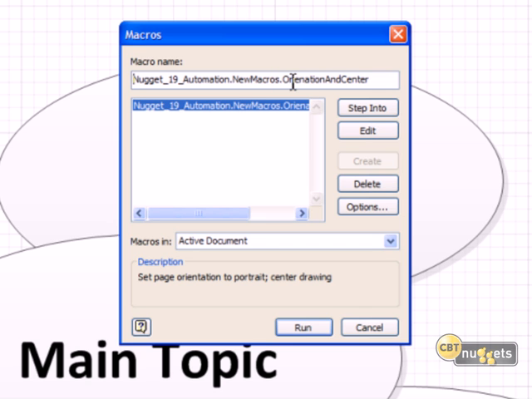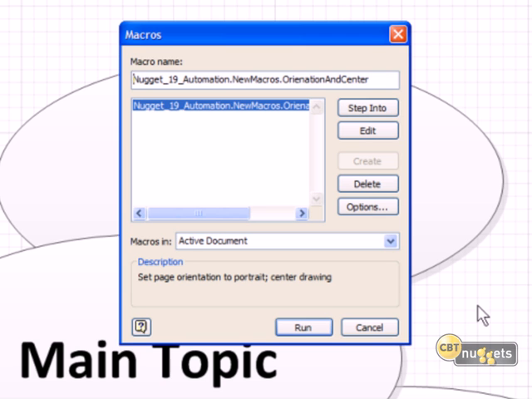Well, I'm going to teach you that in just a moment, but for now I want you to see that to run a macro from here, we select it in the list, and then we come down to run. Now there are some other options here. If we click Edit, we're going to go into VBA and see the underlying code. Step Into is useful for troubleshooting or debugging a macro. It's going to gradually, procedure by procedure, step by step, work its way through your macro.